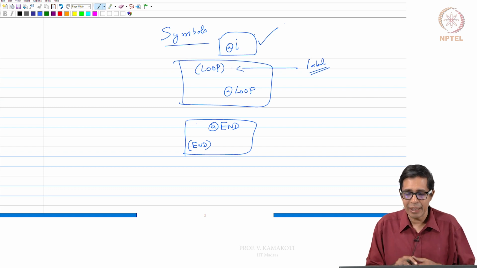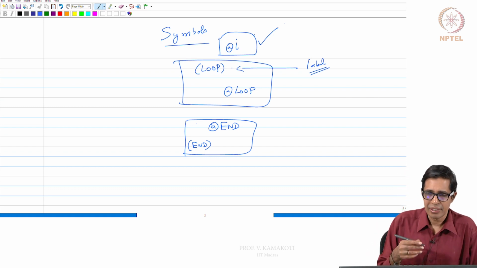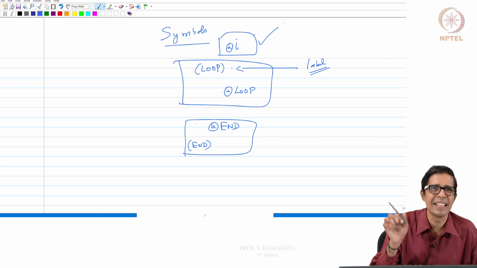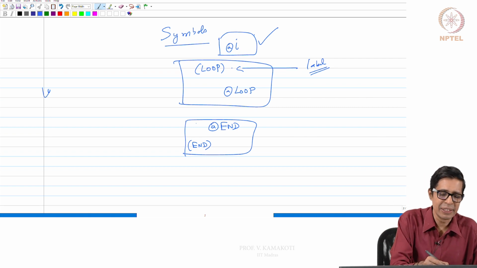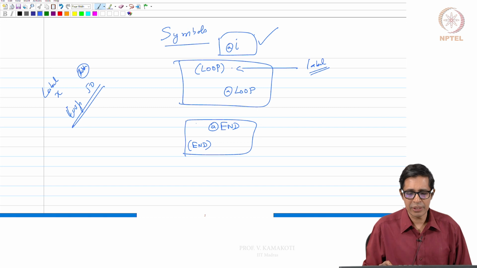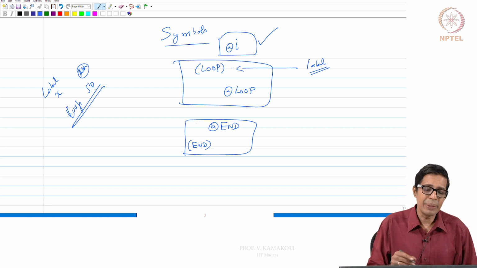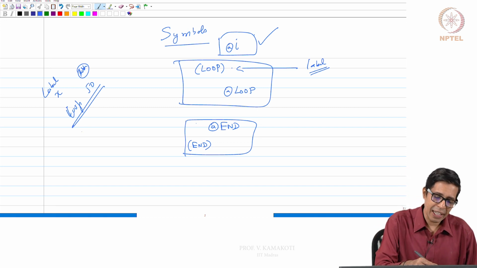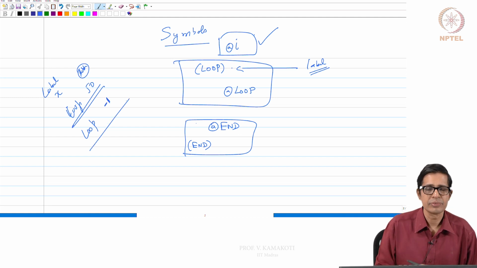And when we get that label, there are these scenarios. The first scenario is that the label is already entered here with some value, and the address is also loaded. For example, some loop is at 50. It is already loaded. There can be a case when I see this loop, but the value is not loaded.